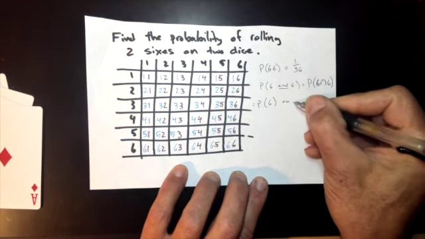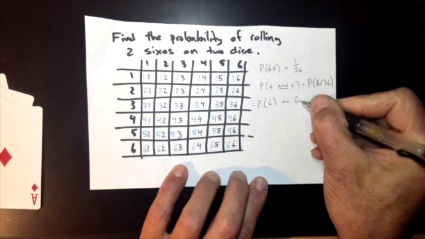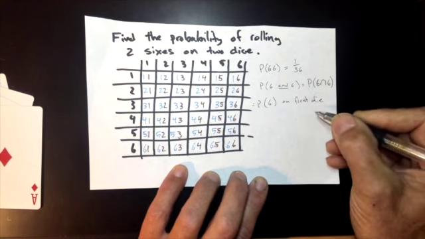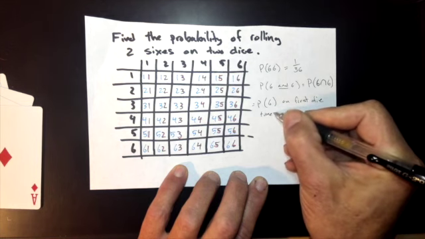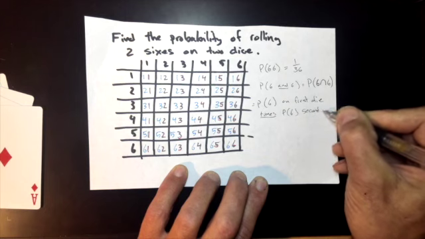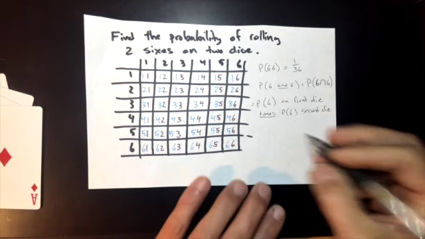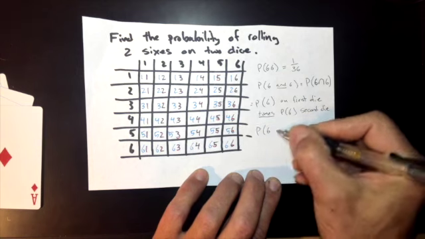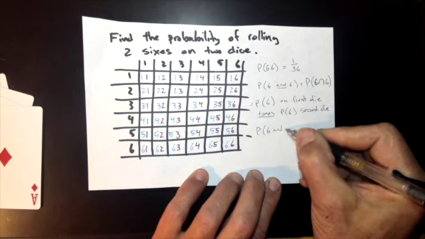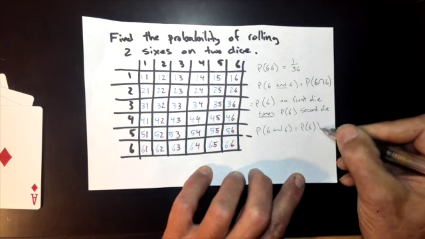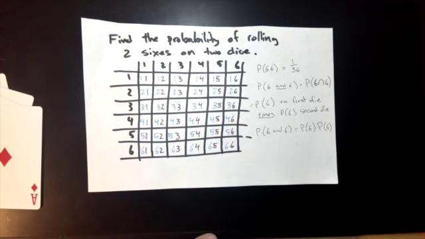the first die times the probability of getting a 6 on the second die. Because basically, the probability of 6 and 6, if they're independent, is the probability of getting a 6 and then getting a 6 again. So that's multiplication. Now, the reason that's true is that